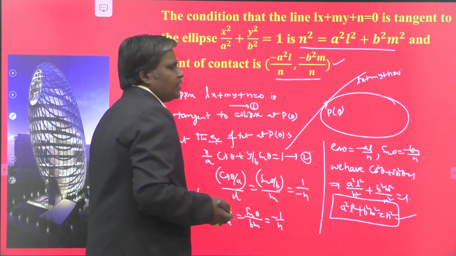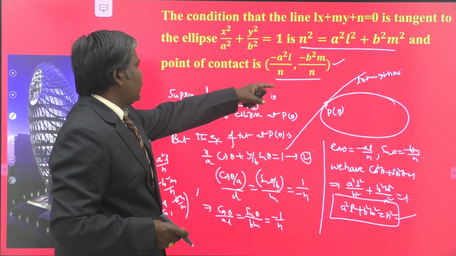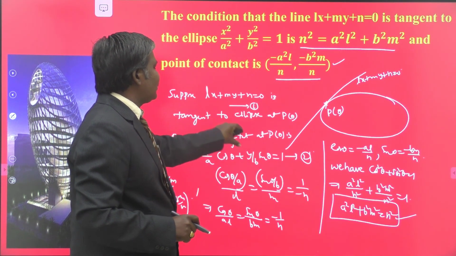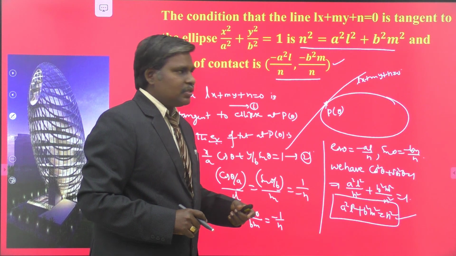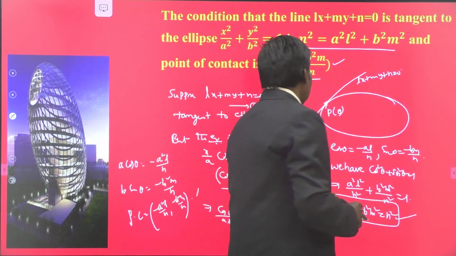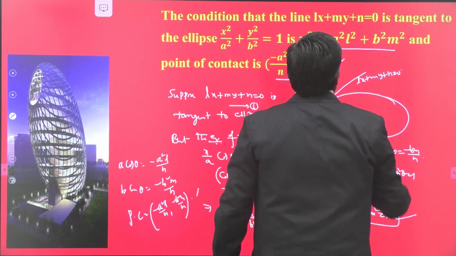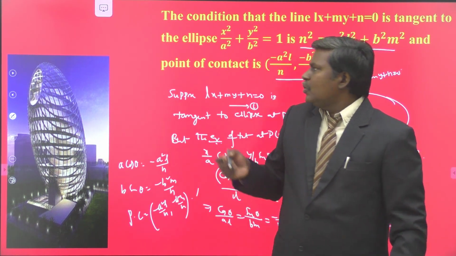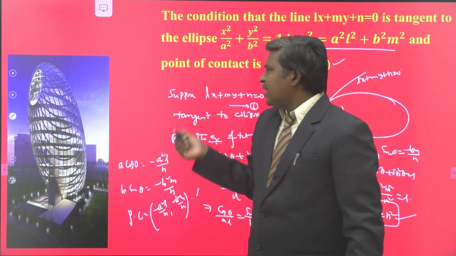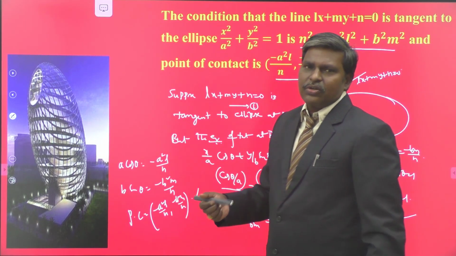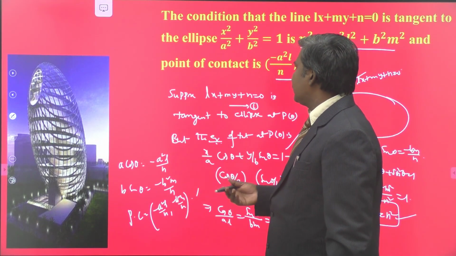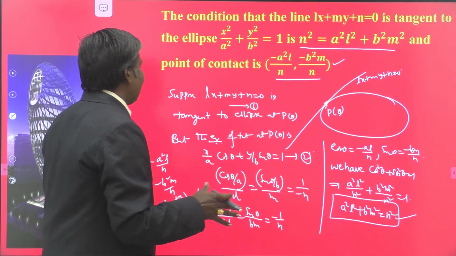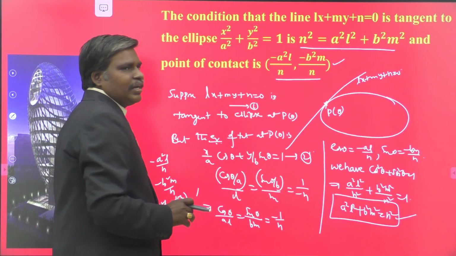It is a very simple derivation. So you can write the condition and hence find the point of contact by using the parametric form. Otherwise, we can write the line Lx + my + n = 0 in the form y = mx + c. We can crack this one also. But when you are finding the point of contact, you may face a little bit of difficulty in that method. By taking the parametric method itself, we can easily crack the condition as well as the point of contact.